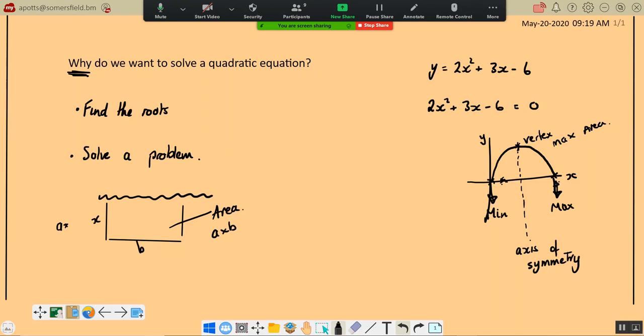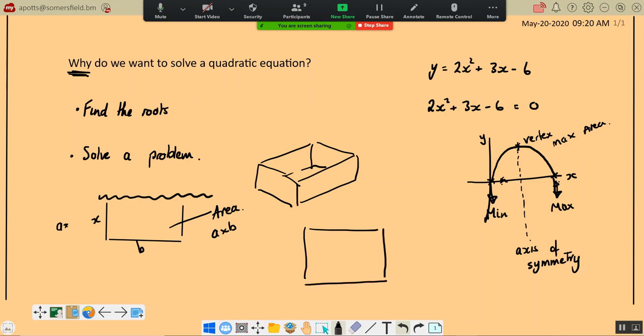So we're solving this problem for what is the maximum area that I could have. So being able to solve for the roots allows me to do that, right? And there are lots of problems like that. I don't know whether you did another one, but if I have a sheet of card and I'm going to fold it up to make a box,